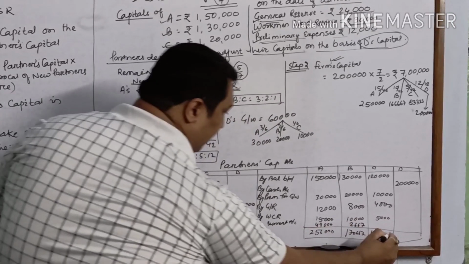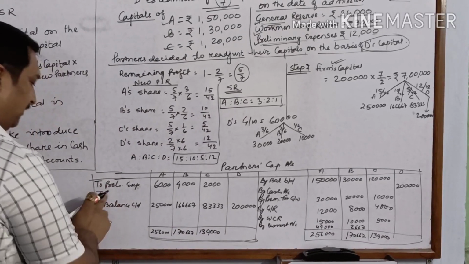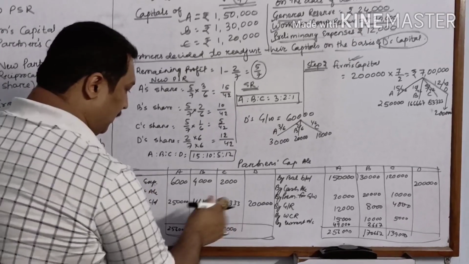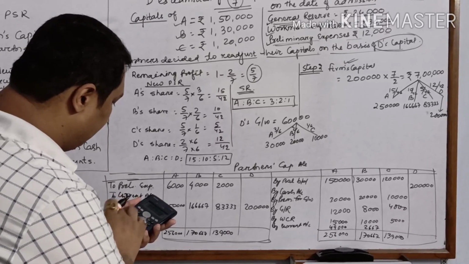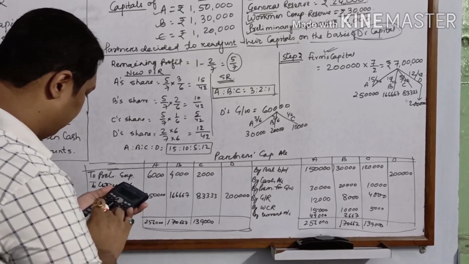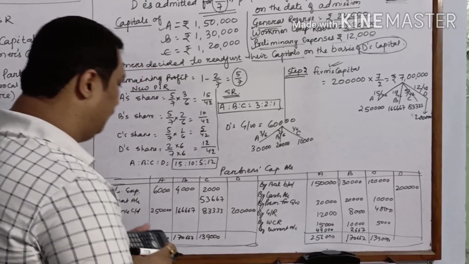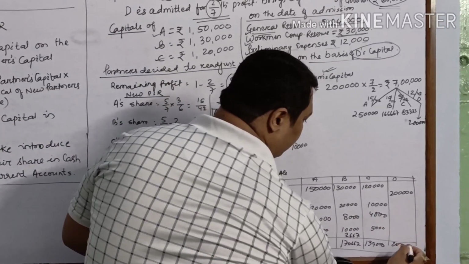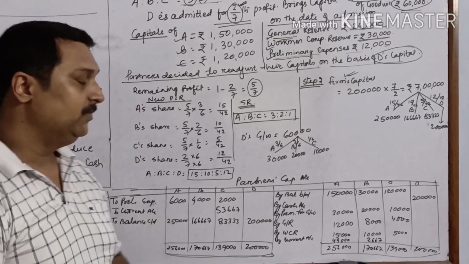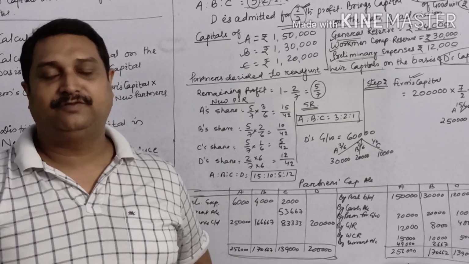C's side total is more, 1,39,000. We will write this amount this side once again, 1,39,000, and the space which we had left over there we will write current account, and here we will write 1,39,000 minus 85,333. It is 53,667. He will withdraw this much of capital, and obviously D is rupees 2 lakhs. He is neither going to bring nor withdraw. So this is how a simple example of readjustment of the capital on the basis of the new partners.